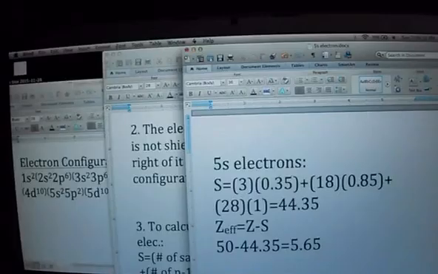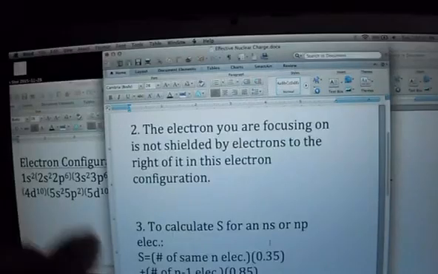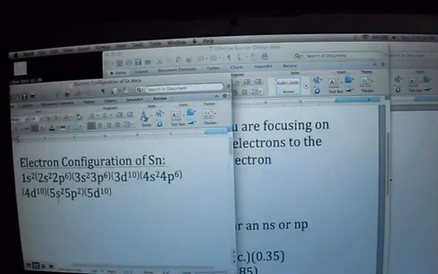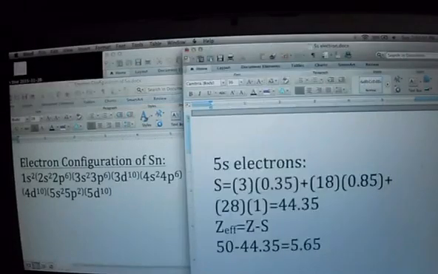Next we'll look at the 5p electrons. Looking at the Slater's rule, we see that ns electrons and np electrons follow the same rule. And we also see that the 5s electrons and the 5p electrons are in the same group. So actually we're going to get the same answer. Just to show you,